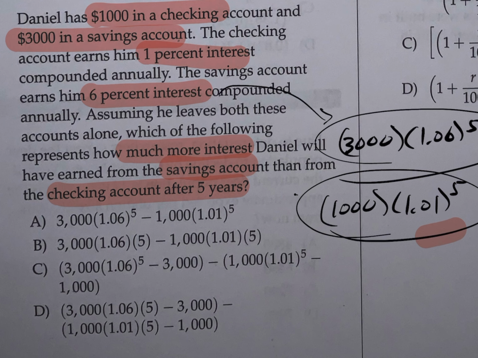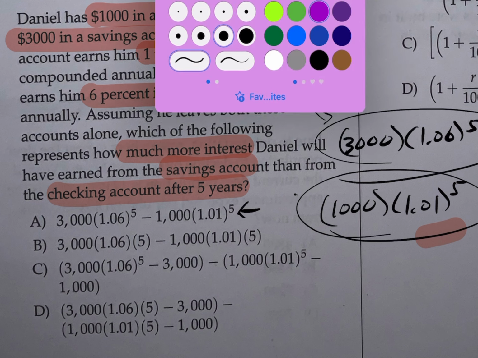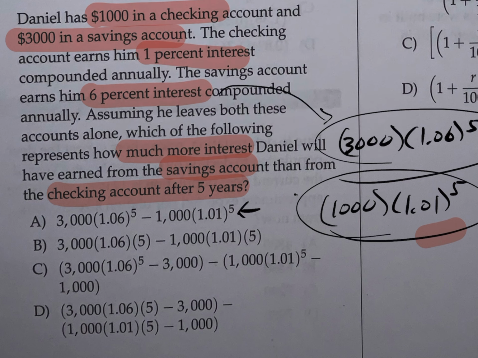And what we want to know here is how much more interest was earned. So by taking a look at A here, and subtracting these two, we'll not know the amount of interest earned. This will be the difference in the total amount of money between the both of them. But if we want how much interest was earned, the difference between the two, we're going to have to go with C here, because you can see in C they end up taking the